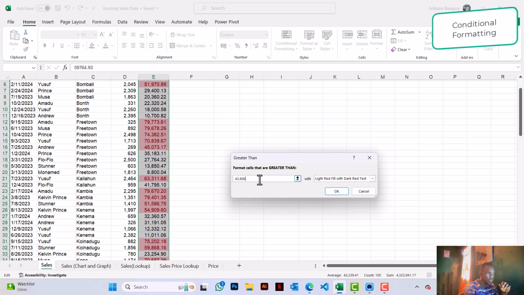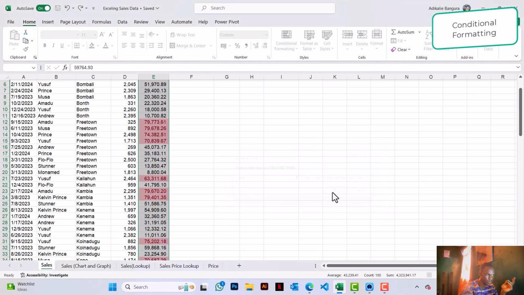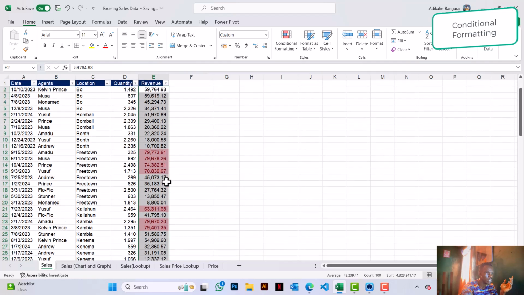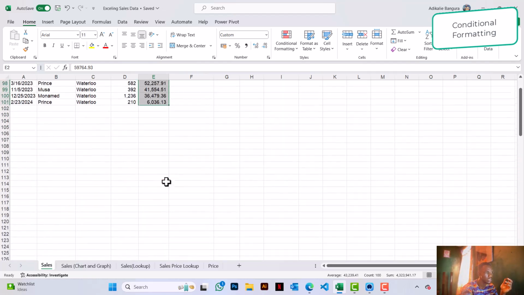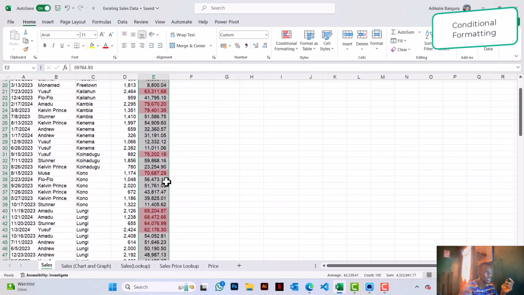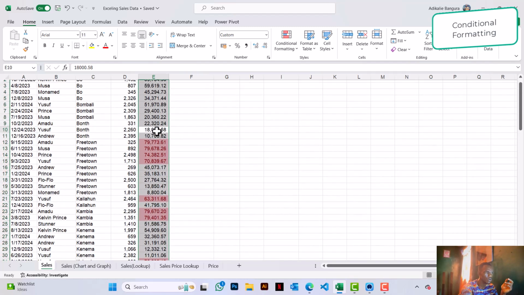So we delete this one here and type 60,000. And what color do you want? We have several options here, and we leave it like that and we click OK. And we can see the sales that are greater than 60,000. And another feature again of sort and filter, if you want to sort them based on this criteria on